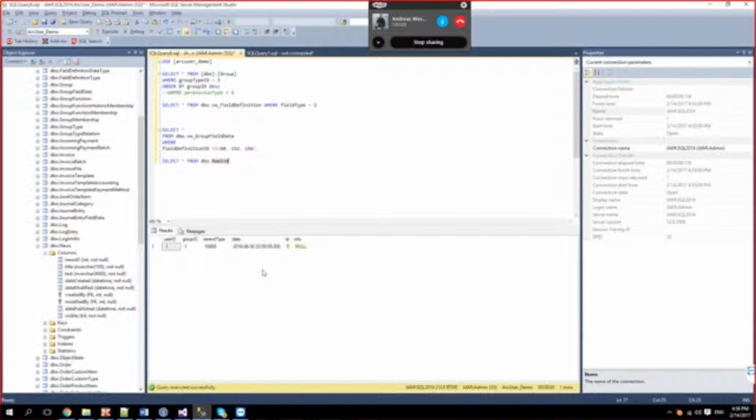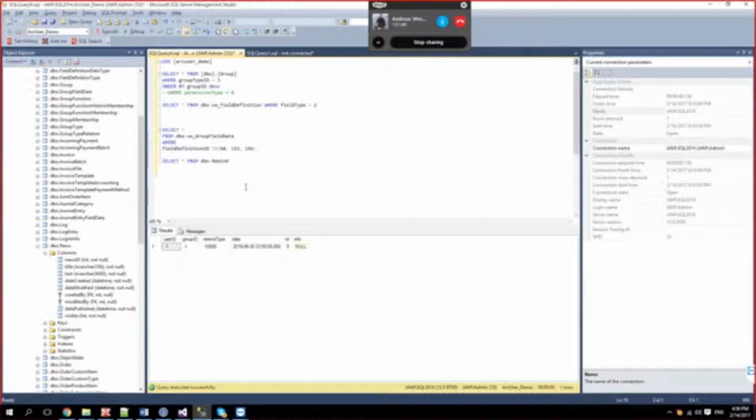Does it mean that if we have a group ID in table remind, then we know that we shouldn't remind? Exactly. So I want you to exclude all.